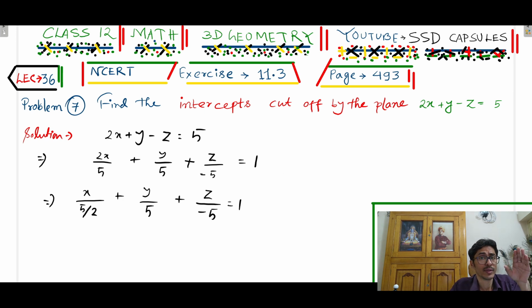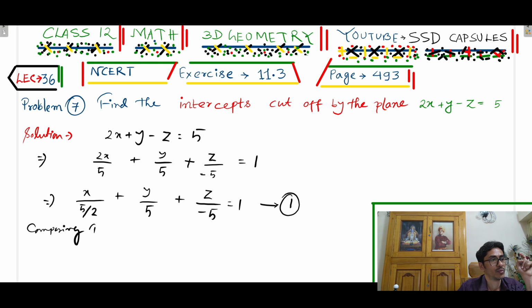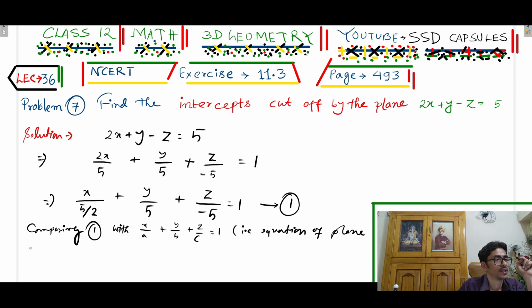So I think you have remembered the formula. The equation of a plane in intercept form is x by a plus y by b plus z by c equal to 1. So here, comparing this with the equation of a plane in intercept form, comparing equation 1 with x by a plus y by b plus z by c equal to 1, that is the equation of a plane in intercept form,